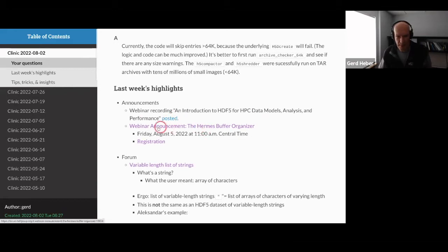We will have another webinar on Hermes, just an update on progress. Hermes is this distributed buffering system. I know Chris Hogan is going to show something on what we call the buffer organizer, and then an update on VFDs, so lots of things to talk about. You can register for free. It's going to happen on Friday, August 5th at 11 Central. There will also be a recording, so if you have to miss it for whatever reason,